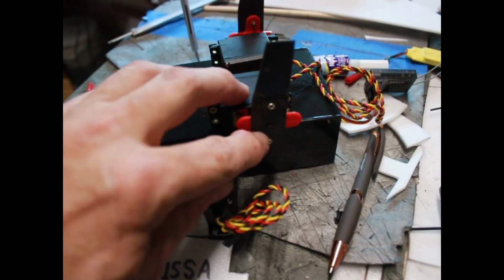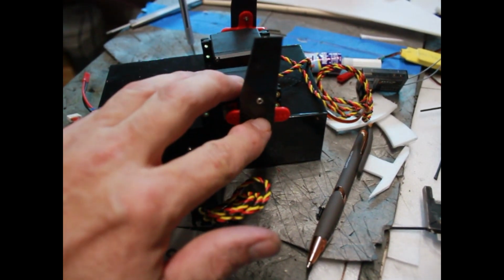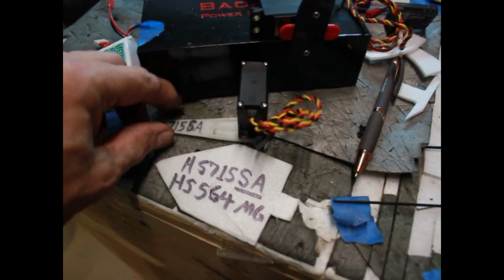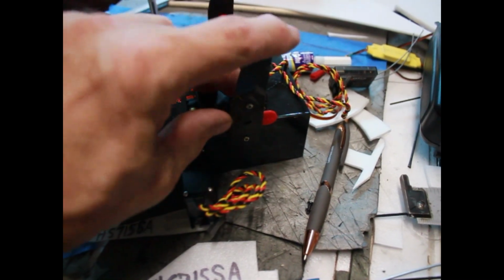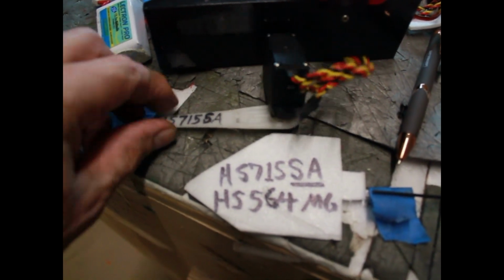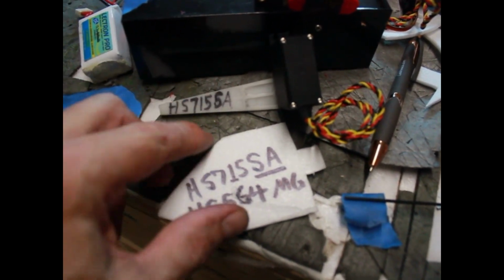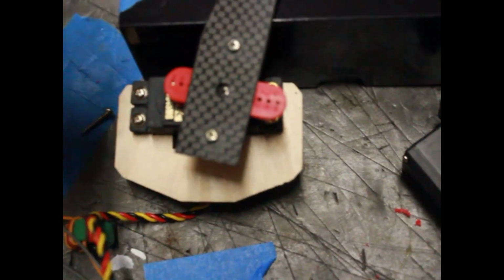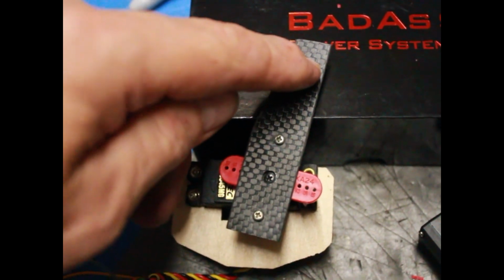2 1/4. I cut these off at 2.4 inches from the center to the top, but I wouldn't have had to cut those off. As soon as I did that, I found out Hi-Tech does have a long arm. I adapted these little carbon fiber ones like I've done for my RC Superheroes, so I'm used to doing that, but I wouldn't have had to because Hi-Tech does have a nylon long arm here. So now that I've got my servo arm on there, or you can use the HS, I'm going to do the hole at 2.25 up from the center,